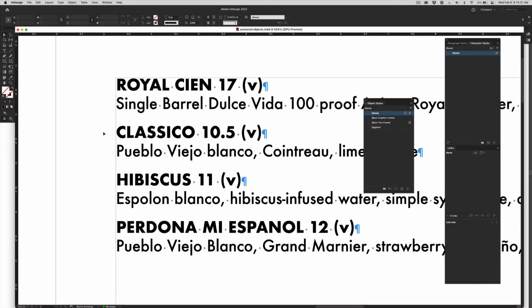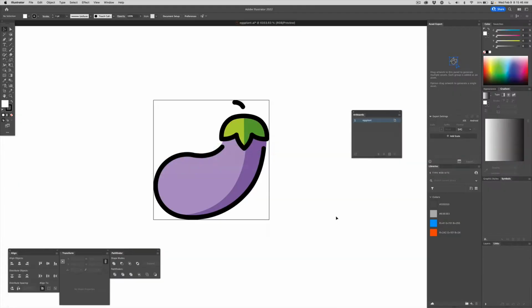In this tutorial, I'm going to show you how to create anchored objects in InDesign for your menu design. In this case, I have all these letters V for vegetarian or vegan or whatever. I just made up a fictional scenario here. I have all these V's, and in Illustrator, I have a little eggplant that I want to put instead of